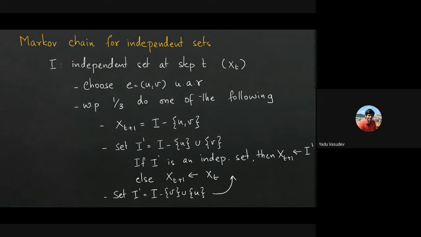I leave it as an exercise to show that this Markov chain has all the properties that you want, right? That it is irreducible, aperiodic, and the stationary distribution is the uniform distribution. All of that I will leave. Just that you'll probably need the fact that the graph is connected. So we'll assume that the graph we have is connected. That doesn't make much of a difference, because if you had a graph which was disconnected, you can count independent sets in the graph components separately and then multiply them together. So we'll assume that the graph we have is connected for now. Okay. Any questions so far?